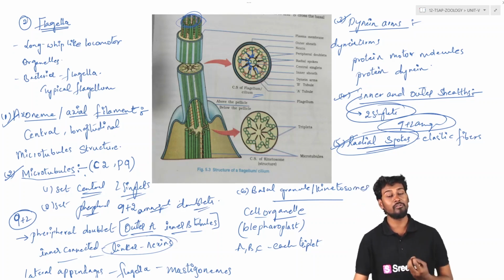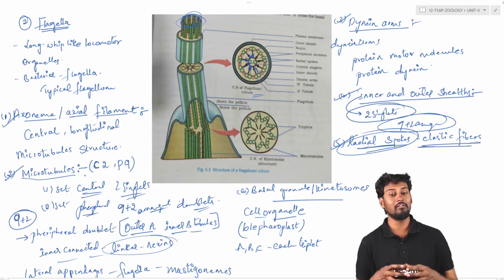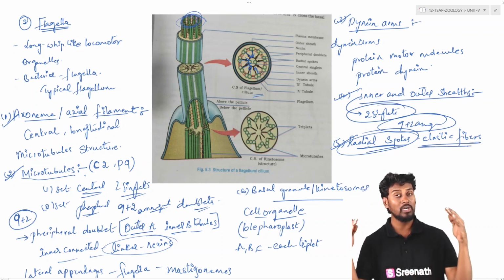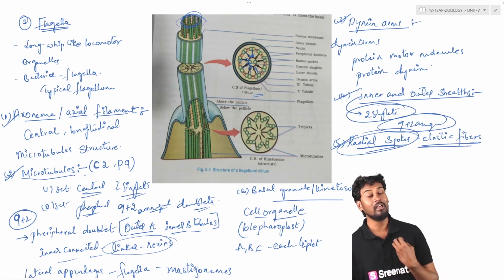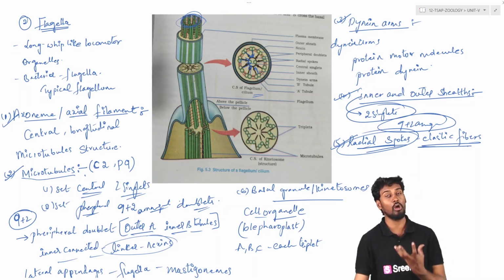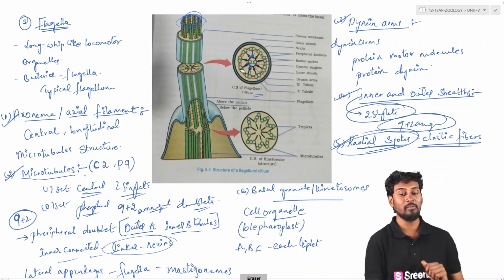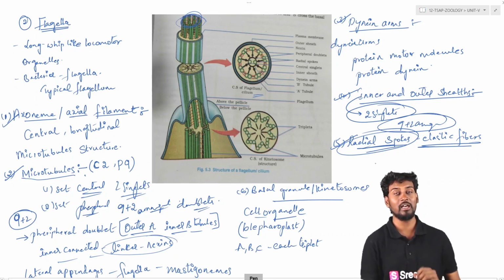So radial spikes are the ones which generally consist of elastic fibers, and they interconnect the outer peripheral doublets to the central singlet molecule. So central singlet molecules are connected to the outer doublet molecules by means of these radial spikes, which are the elastic fibers. So these elastic fibers ఏ విధంగా ఉంటాయి అంటే మనకు జనరల్ గా they are arising from the అంటే మనకు